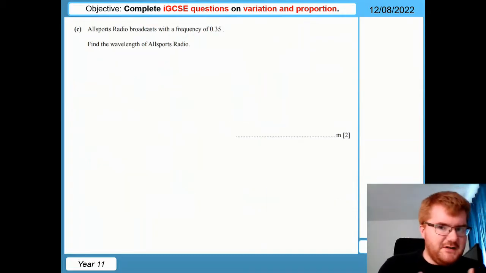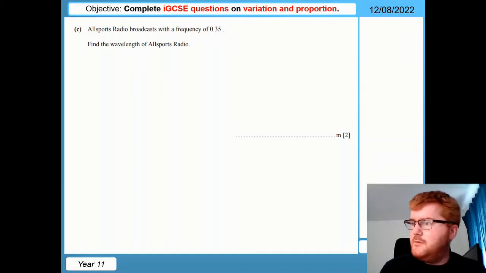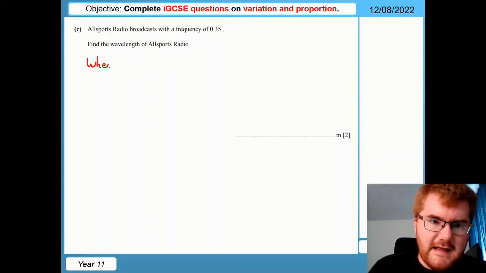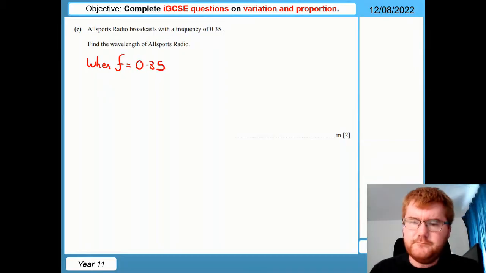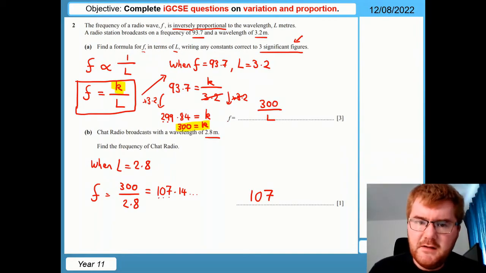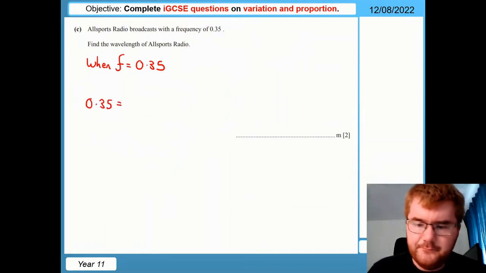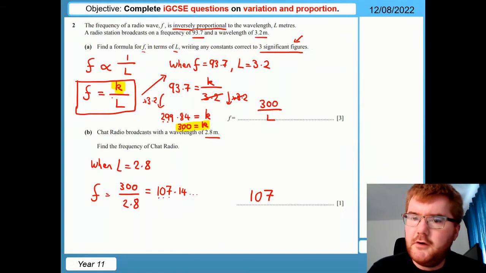Part C, this is very typical. We're going to work backwards here. So all sports radio broadcasts with a frequency of 0.35, find the wavelength. So when F is equal to 0.35, we're going to use this formula. So wherever I see an F, I'm going to put a 0.35. We've got 300